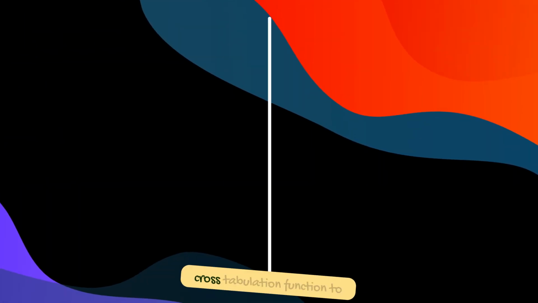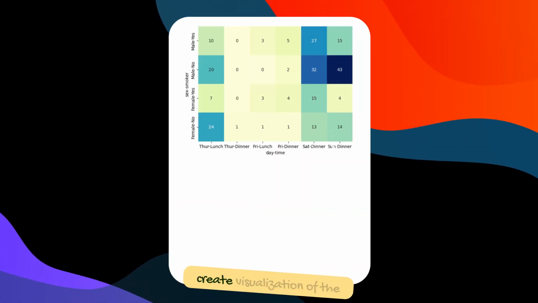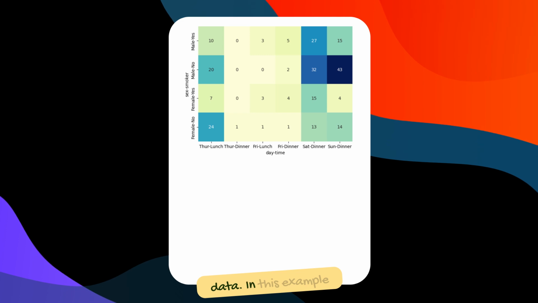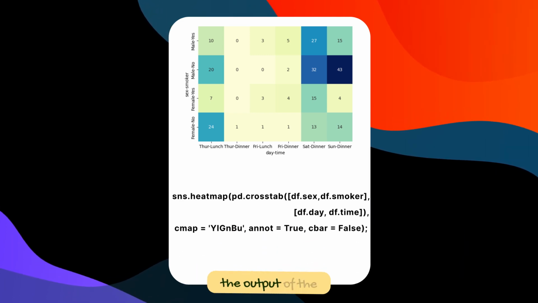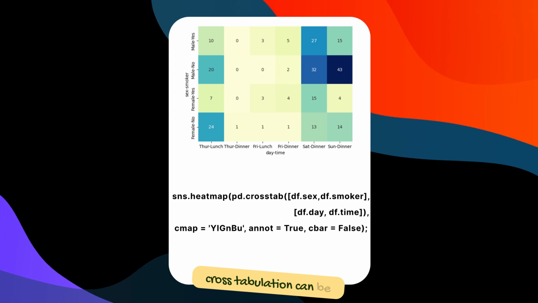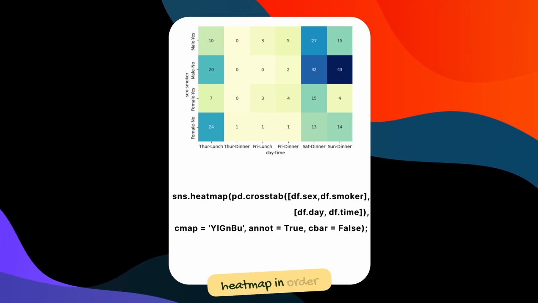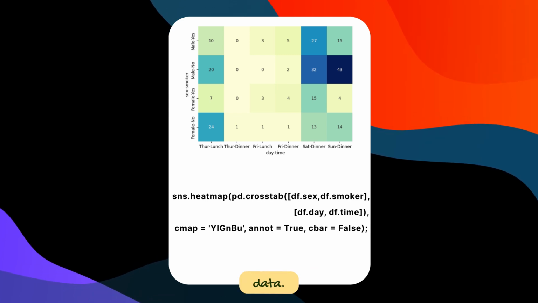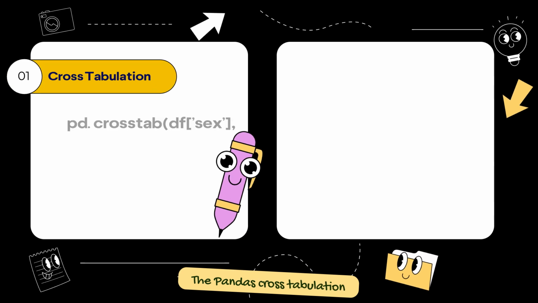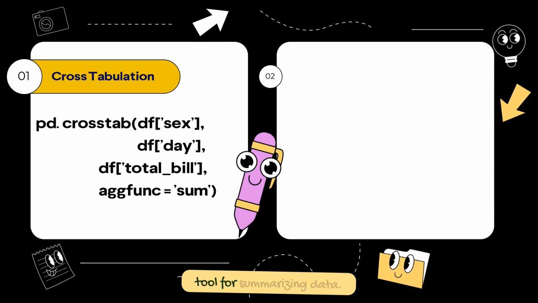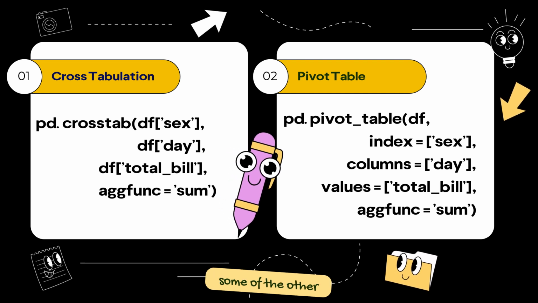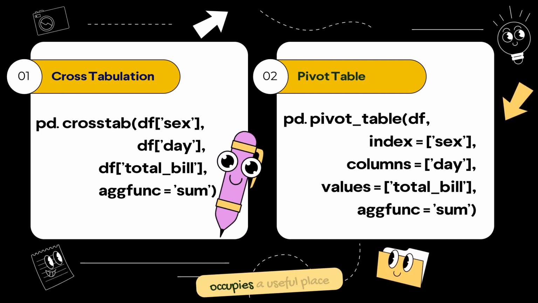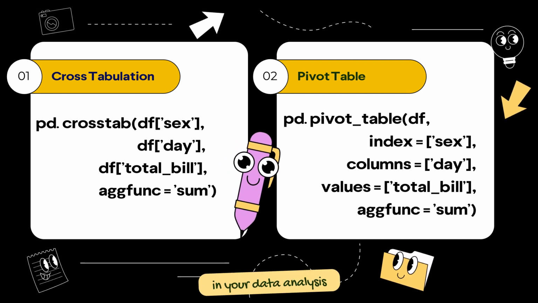Finally, you can use the cross-tabulation function to create a visualization of the data. In this example, we will bring it all together by showing how the output of the cross-tabulation can be passed to a seaborn heat map in order to visually summarize the data. The Pandas cross-tabulation function is a useful tool for summarizing data. The functionality overlaps with some of the other Pandas tools, but it occupies a useful place in your data analysis